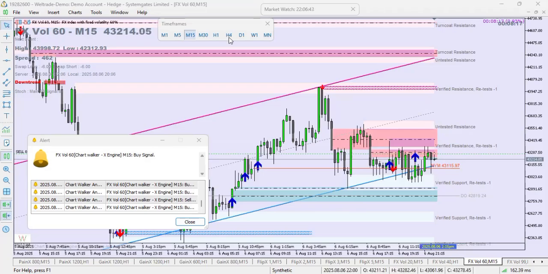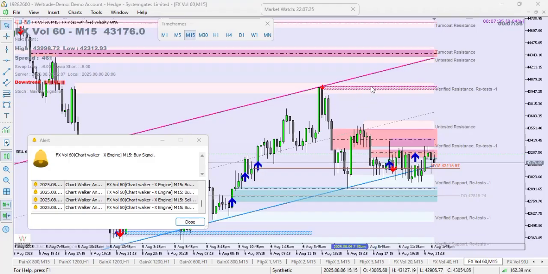But I can't really doubt it, because the 4 hours and daily are telling us that we are on a downtrend. So if this market keeps on and breaks this verified support lower, automatically this verified support will become resistance. The moment it breaks it, the support automatically becomes a resistance. So you can just leverage a 15 minutes, 10 minutes trade and make this money. But I will not say it's my time to begin to buy yet; I'm waiting for this